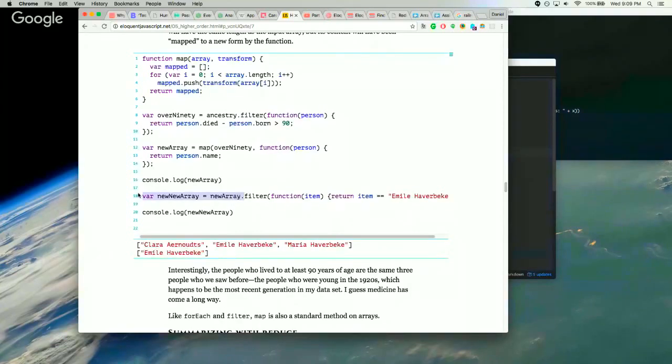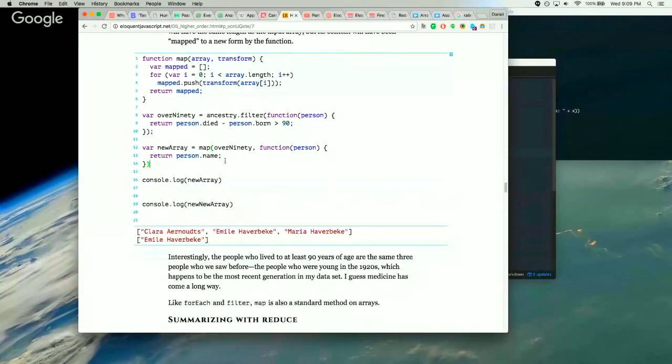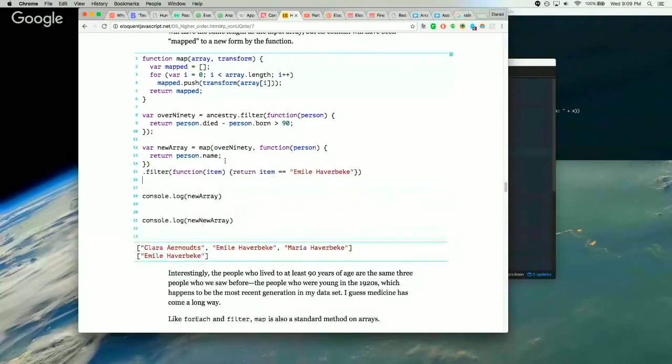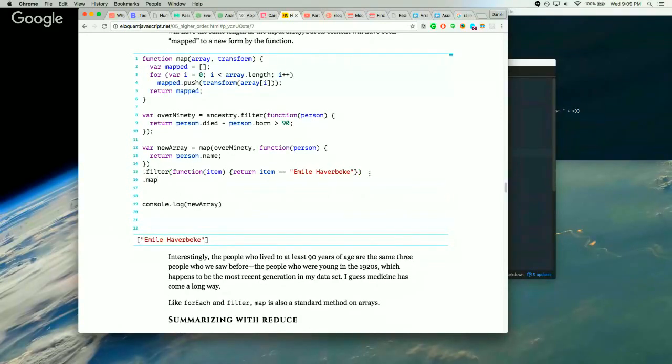I can just attach this filter function here like that, and then log, and there's that value that I wanted. And literally I can just do this forever. I can map over this one item, and return